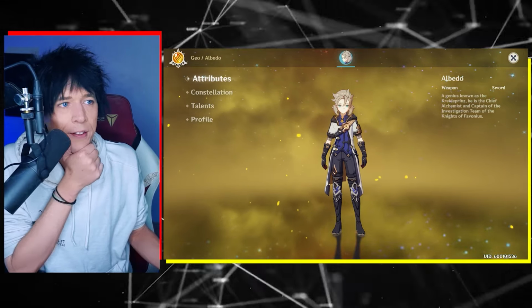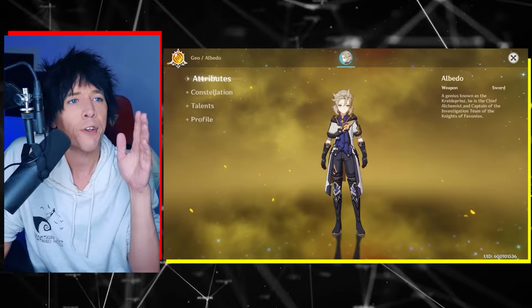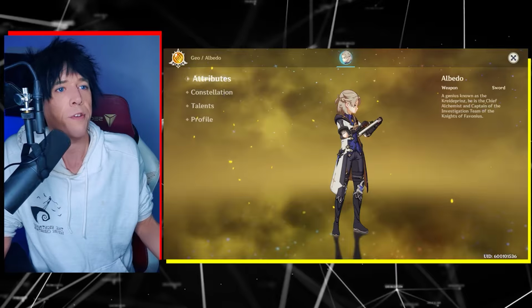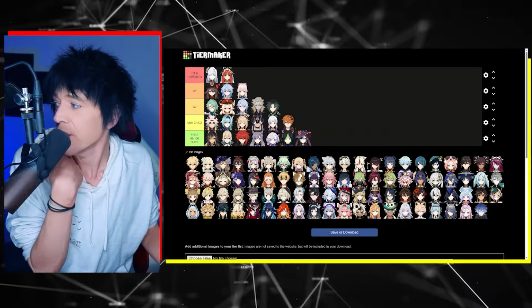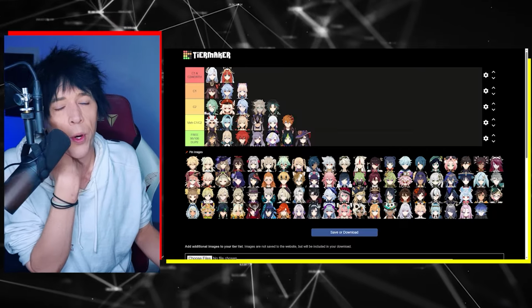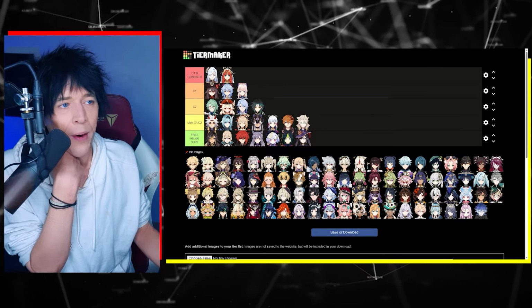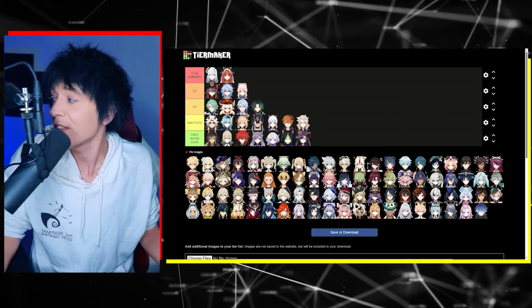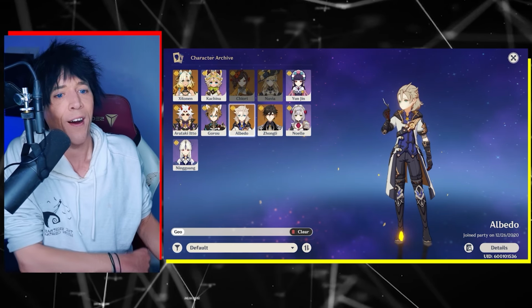The problem is Albedo, as much as I love this man, is just basically unusable in most content a lot of the times because his flower just gets blown up by every little thing. It's just not even fun. It's not even fun to use him. So with that being said, I think he does have a good Constellation 2 if you're an Albedo enjoyer. I just think it's kind of impossible to be an Albedo enjoyer nowadays. And so I'm going to put him into the Meh C1 as well as Meh C2 tier, which means we need to talk about his